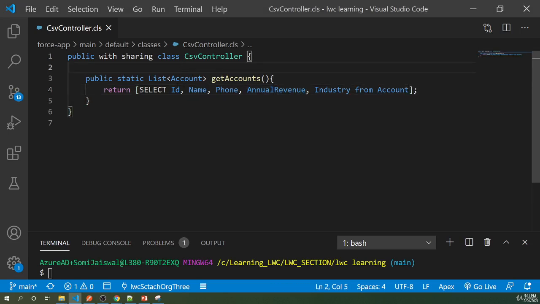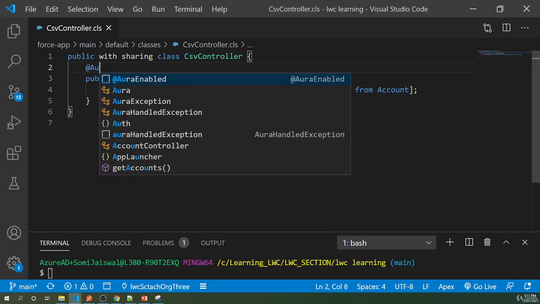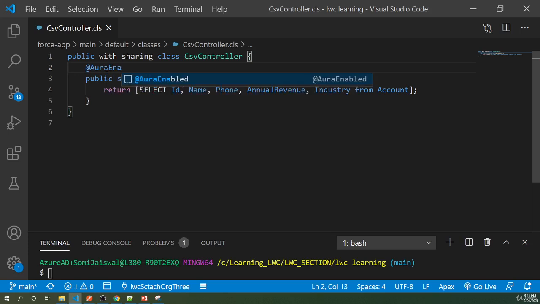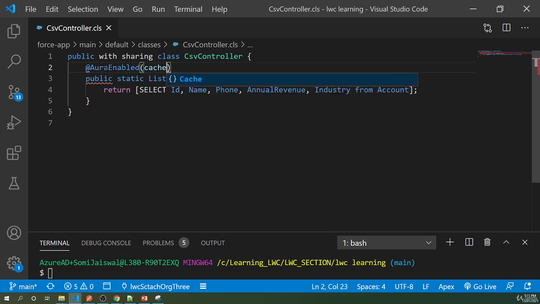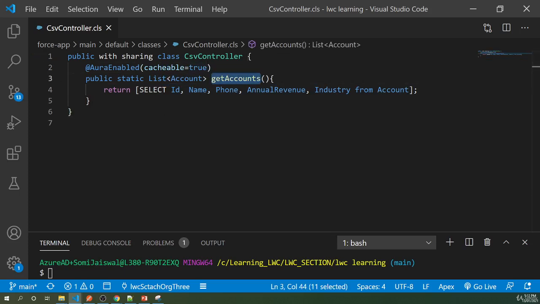And to expose this method we have to annotate it with AuraEnabled. So I'll say @AuraEnabled, and I'll set cacheable=true because this is a get call only, not updating anything. Our class and the method is ready. Now we have to go and create a lightning web component where we're gonna call this class or fetch this